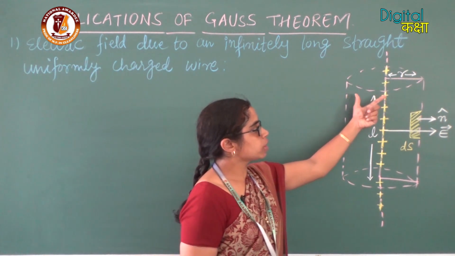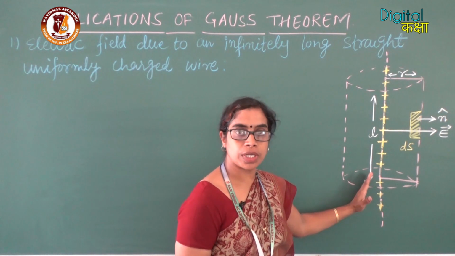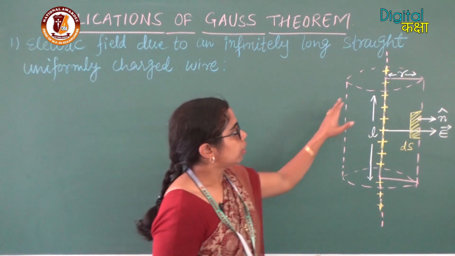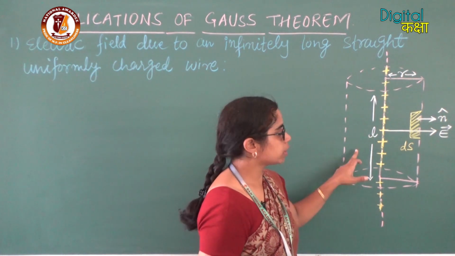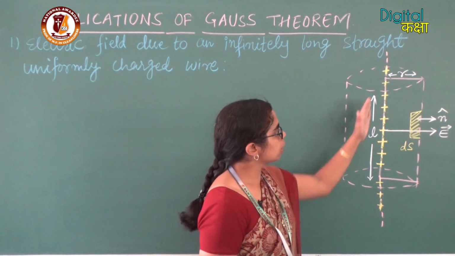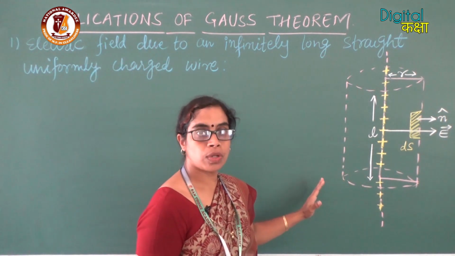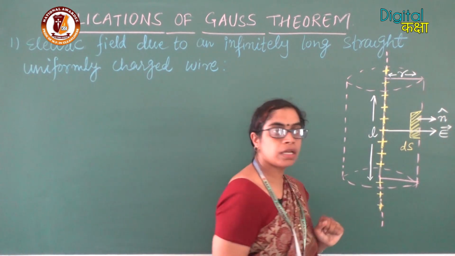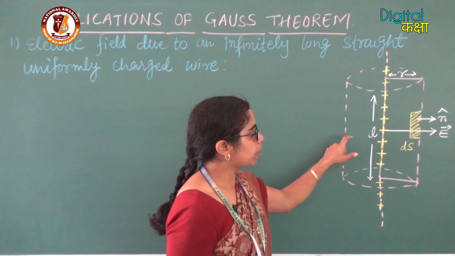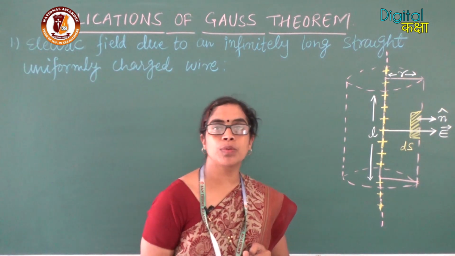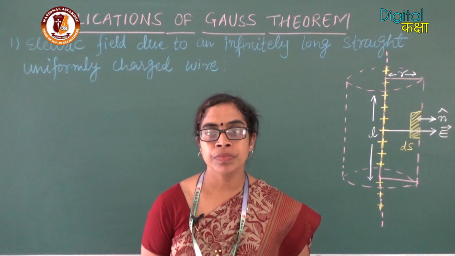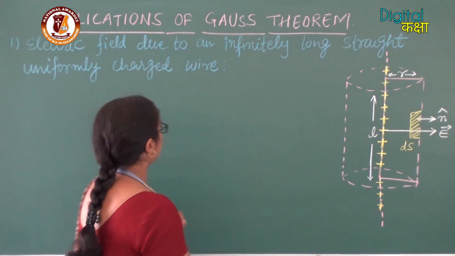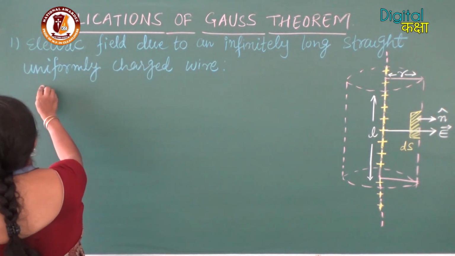The shape of the Gaussian surface due to this charge distribution is cylindrical. Now let us consider this cylinder, which is the Gaussian surface enclosing the charges distributed on this wire, with its radius r and its length L. For this particular charge distribution, we have to calculate the value of the electric field using the mathematical formula of Gauss theorem. As we know that using Gauss theorem,